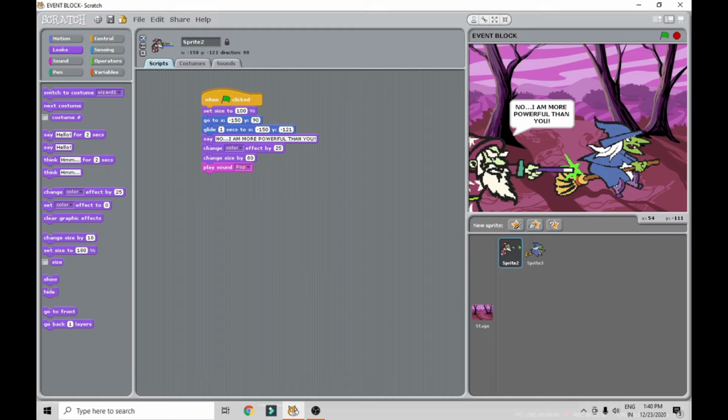Next we will go for using the control blocks. First, what do we mean by control blocks? The control category blocks control the execution of the blocks in the script. It may be stop, pause, repeat the animation and execute the script. What do you mean by control? We are controlling the sprite. We may be making it move left, right, up, down, and all the activities that we are controlling here by using the control block.